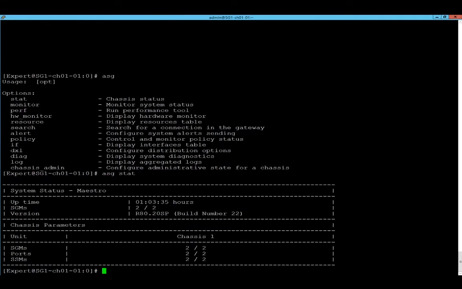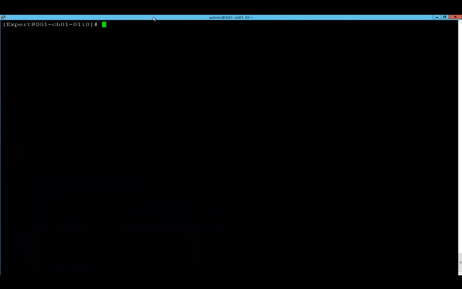ASG stat command gives you information about, again, the security group, just in a slightly different format. There are 2 security gateway modules that are currently happy. Switch back to